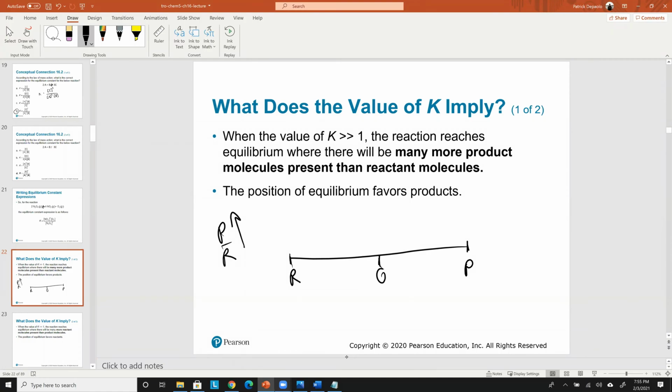The products are going to be heavier. This means that the equilibrium will probably be here. So if you had 100 molecules, we would say maybe 98 of them will be products when the reaction's finished, and 2 of them will be reactants when the reaction's finished. So that's what we mean by